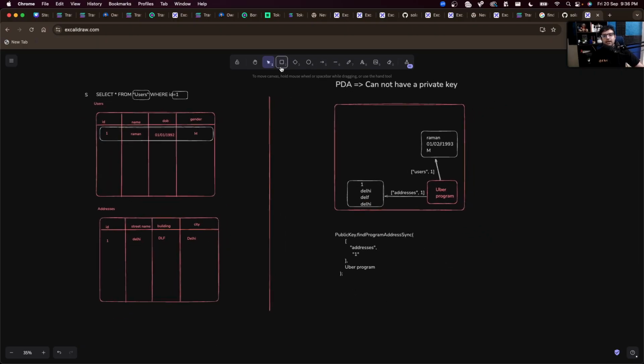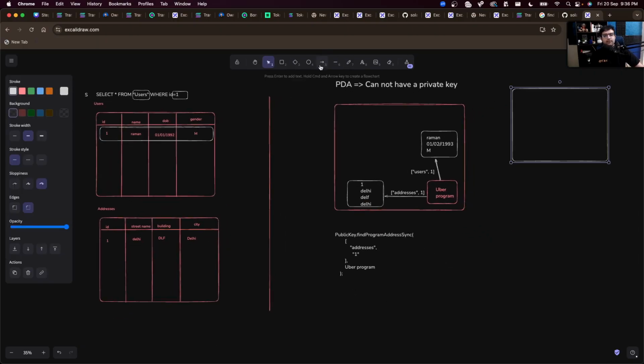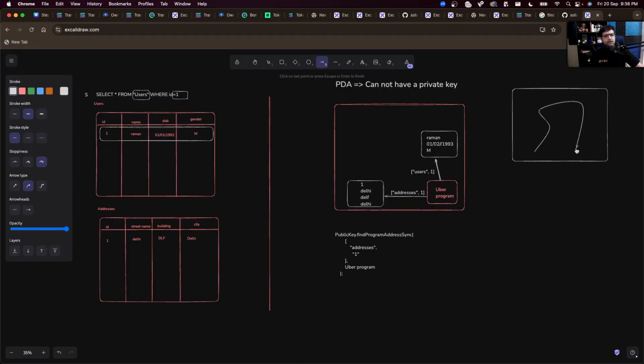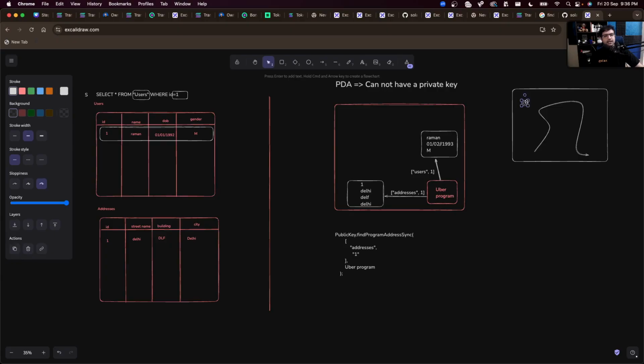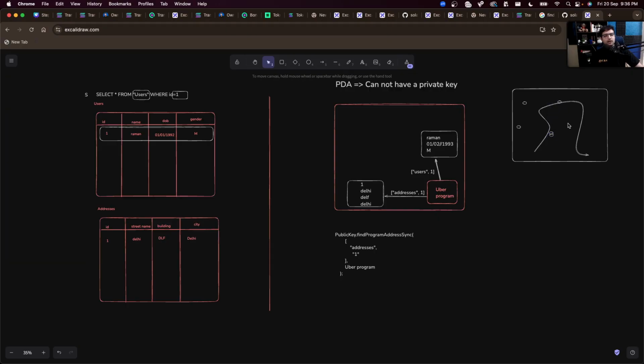The probability is very low. If this is the ED25519 curve, then most addresses lie off the curve. This is an address that lies over here. This is an address that lies over here. Most of them lie off the curve, but some of them will lie on the curve. This one is lying on the curve. What does lying on the curve mean? It means it will also have a private key. It will have a corresponding private key as well, which is why